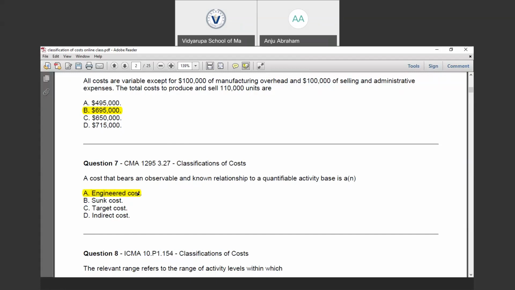So what is engineered cost? Engineered costs are the elements of cost for which the right or proper amount of cost that should be incurred can be estimated with a reasonable degree of reliability. Like the cost incurred for direct labor, direct material, components, supplies, and other utilities used in the production of a particular product can be properly identified and clearly traced with a reasonable level of reliability.